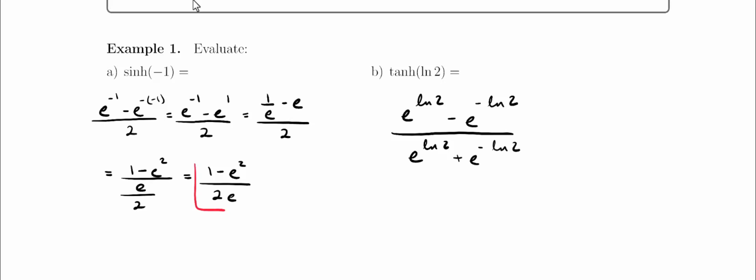So if we have e to the ln of x, we know that we will be getting x. Now the other property that I want you to remember deals with the properties of logarithms, or the laws of logarithms. If we have negative ln of 2, well, we know that we can go ahead and rewrite